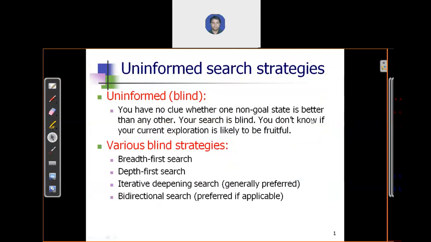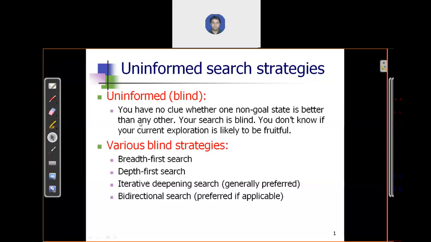Okay. So let's say you have no clue whether one non-goal state is better than any other. Your search is blind, which means you do not have any idea whether your current exploration is likely to be fruitful. Okay. In the uninformed search technique,